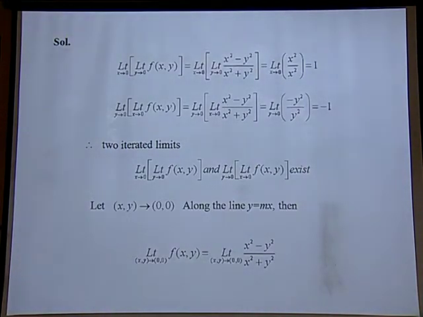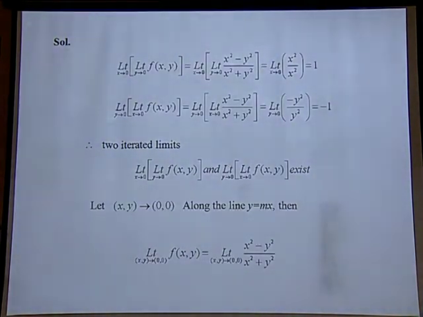minus y square over y square. So, this is equal to limit of minus y square over y square as y tends to 0. Now, inside is equal to limit of y tends to 0 of minus 1, which is always equal to minus 1. So, the two iterated limits, limit of f of x y as y tends to 0 and then as x tends to 0, and limit of f of x y as x tends to 0 and then as y tends to 0, both exist and are equal to 1 and minus 1